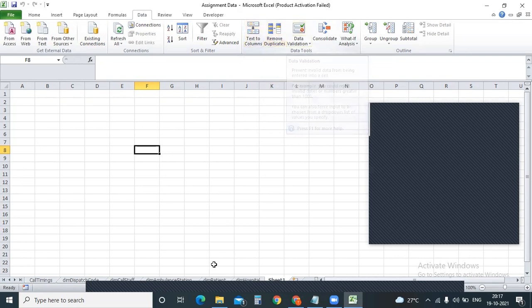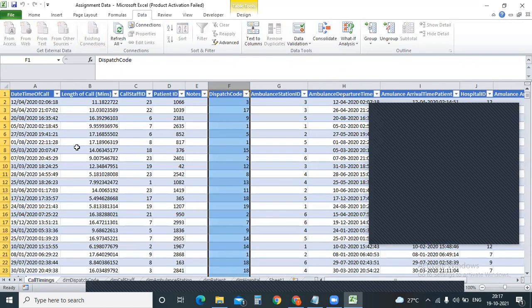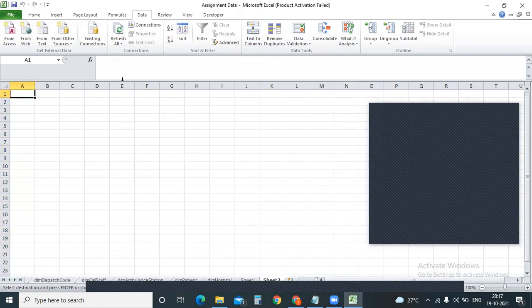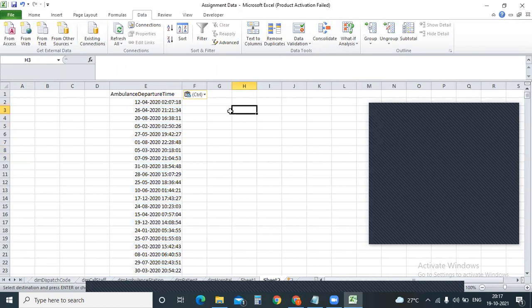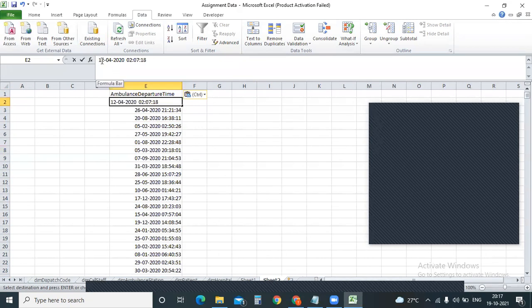For example, you have some data. Let me copy this data into a new sheet. Okay, guys, now I have a requirement. I want to divide this data, for example this date and the timing, into two different columns. How can I do that? I need to copy this data and put it over here. How can I do this?